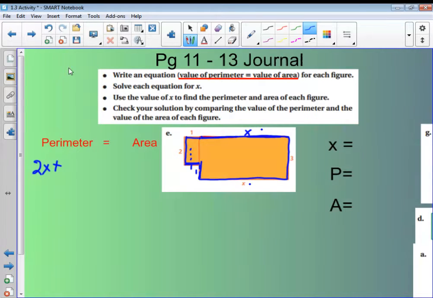Plus, remember we're adding all of our sides together. My numbers, well, I've got 3, 4, 5, 6, 7, 8, so plus 8 is equal to, now for area,